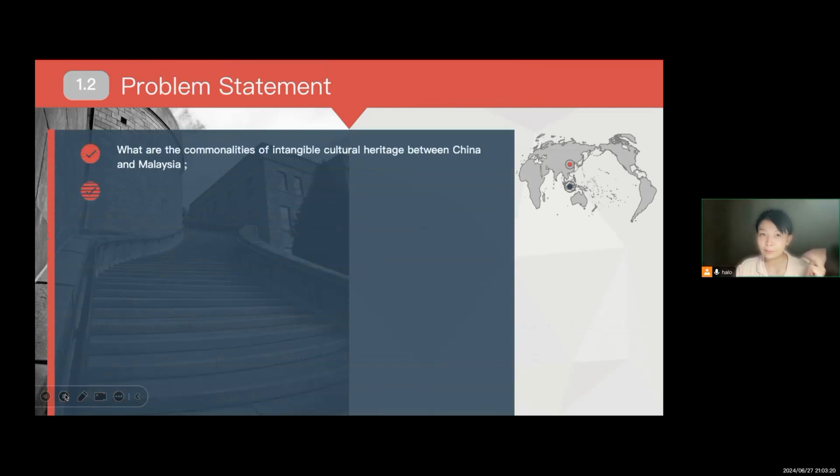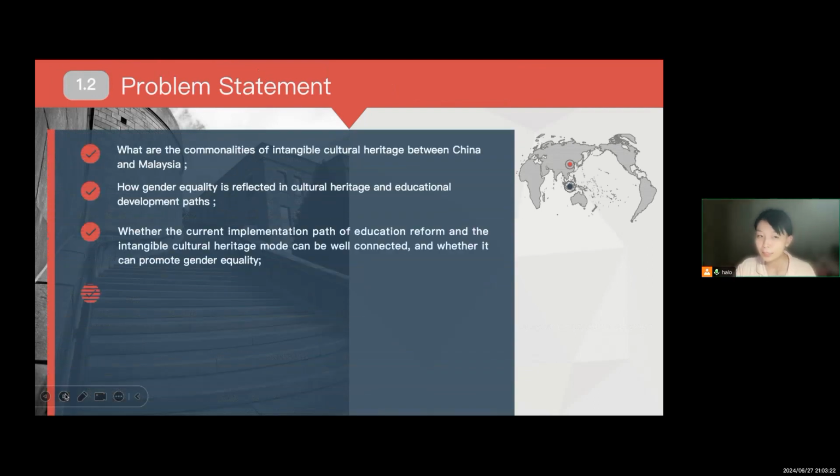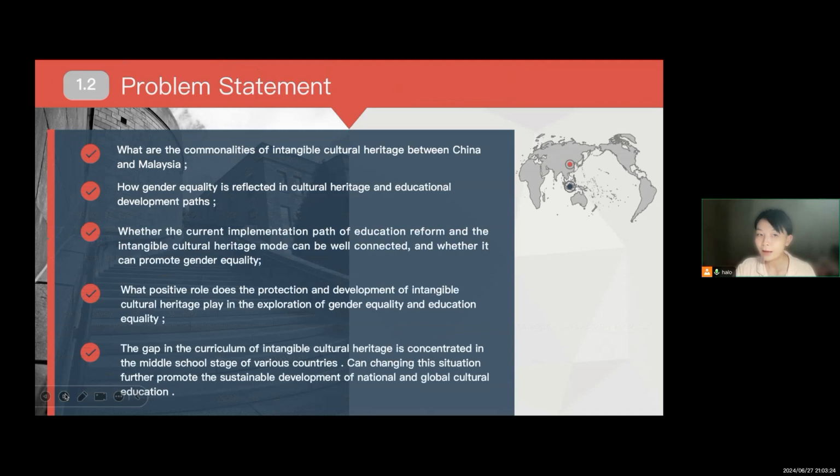Okay, second, problem statement. As you can see, there are five points of problem statement. It's about the commonalities and how gender equality is affected in cultural heritage, and whether the current implementation pace of education reform and the intangible cultural heritage mode can be well connected. And also,